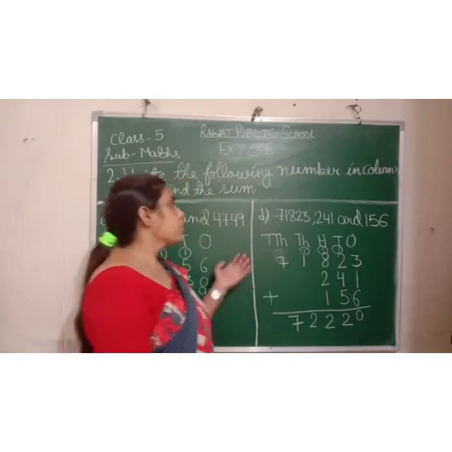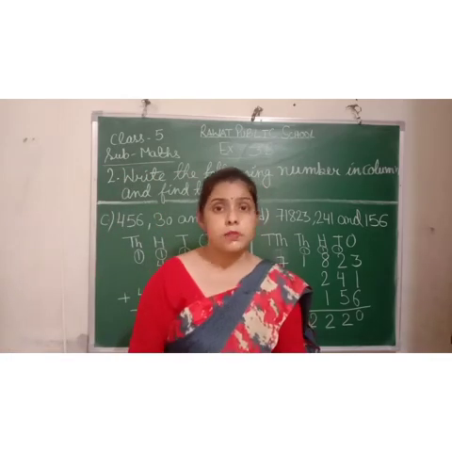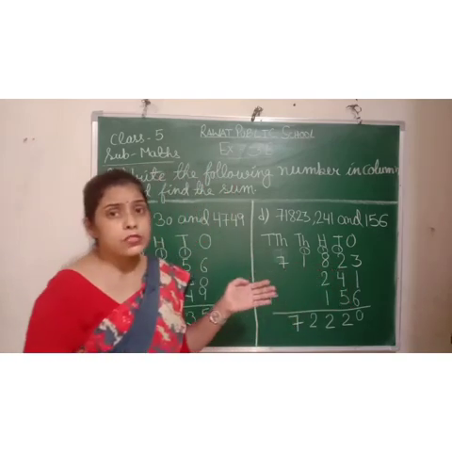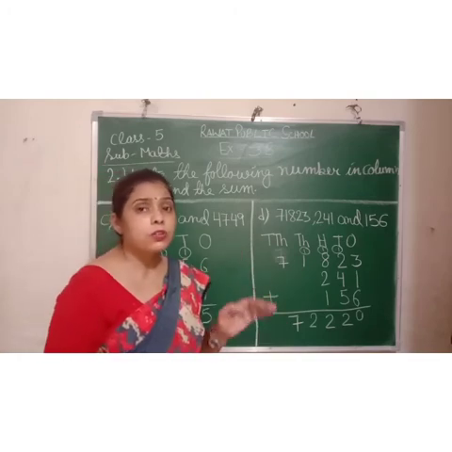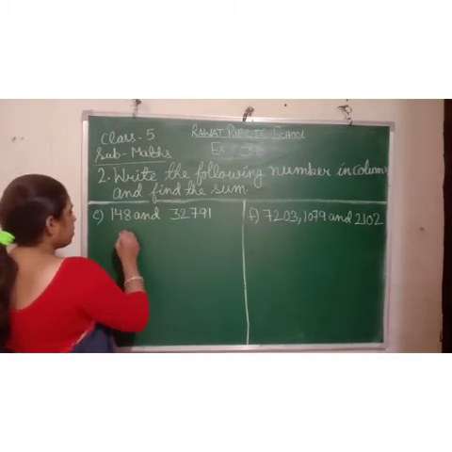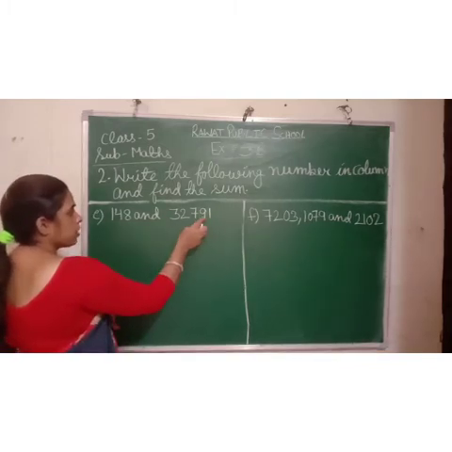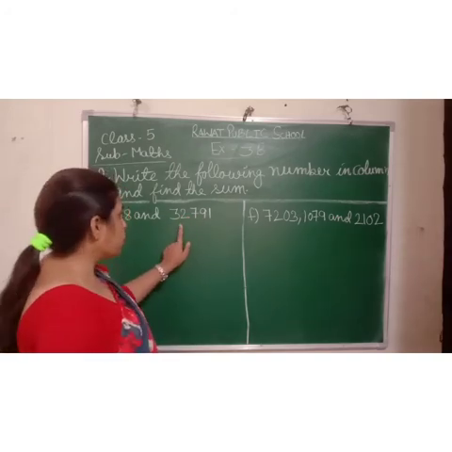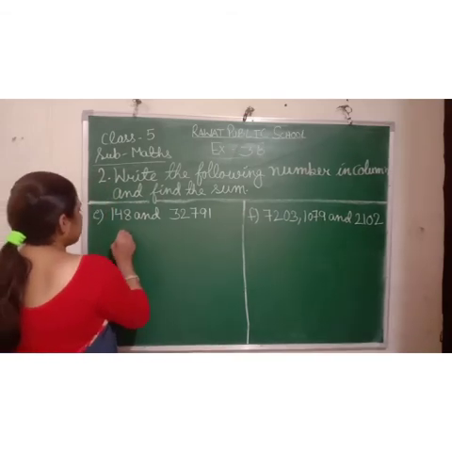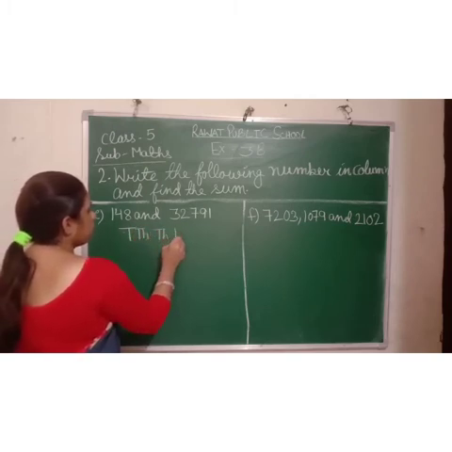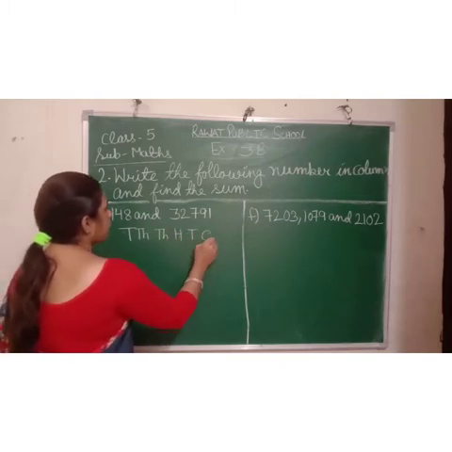Okay, so what will be the sum of these numbers? 72,220. Okay students, you have to do the rest of the sums like this. First you have to check the largest place value of which digit in the group. Now let me do question number E. Once again we will write down here ones, tens, hundreds, thousand, and 10,000. So the largest place value in this group is 10,000. So I am writing here 10,000, thousand, hundred, tens, and ones.